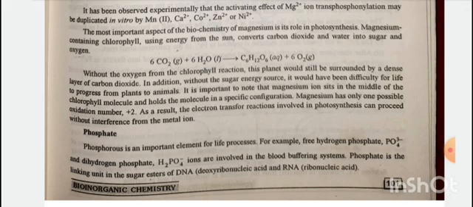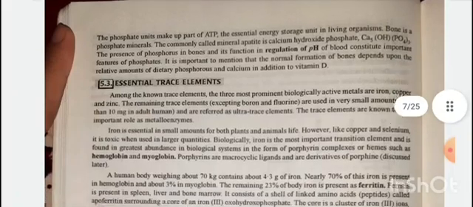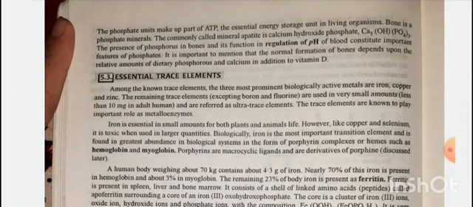Phosphate is the linking unit in the sugar ester of DNA, deoxyribonucleic acid, and RNA, ribonucleic acid. The phosphate unit makes up part of ATP, the essential energy storage unit in living organisms. Bone is a phosphate material, commonly called the mineral apatite, a calcium hydroxide phosphate,